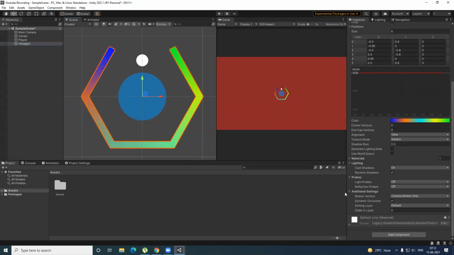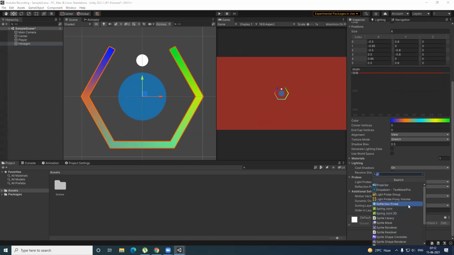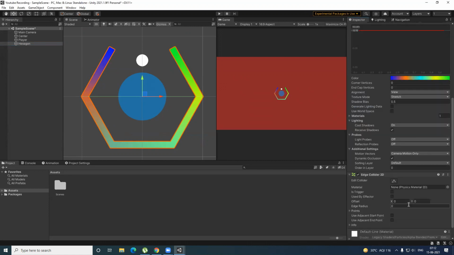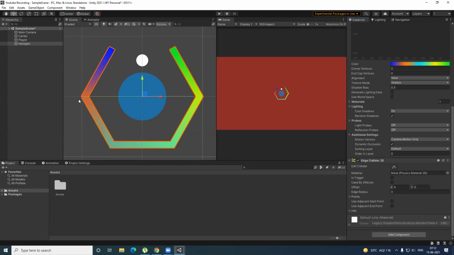So this will do nothing. We have to add a component, and then find a component by the name of Edge Collider 2D, right? So what does the Edge Collider do? You can see this green line that has just appeared. This is what the Edge Collider looks like. So what's a collider? Basically, if you have 2 points A and B, and if something collides on this, it should be able to detect what collided on me, or whether something has collided or not. This is why we are using an Edge Collider, because it's on the edges.